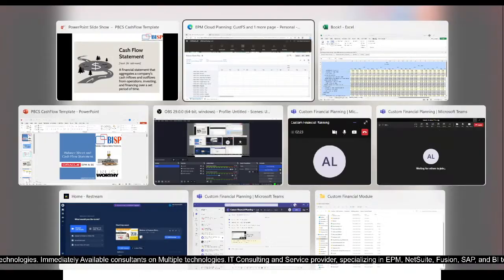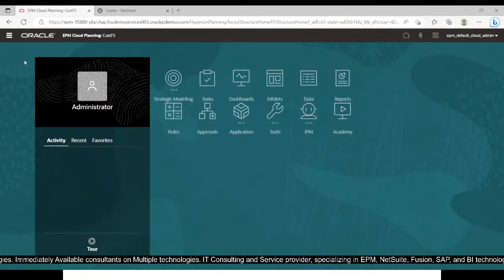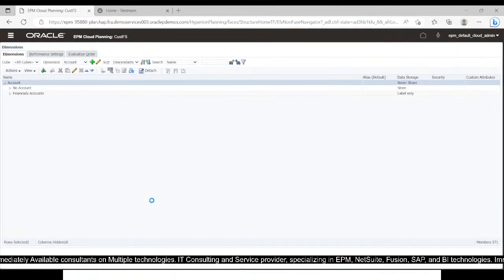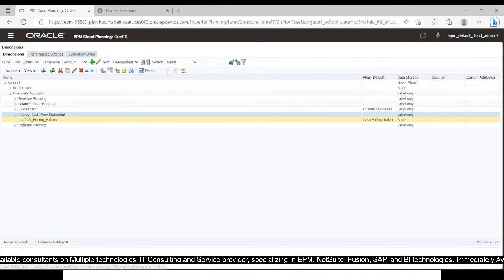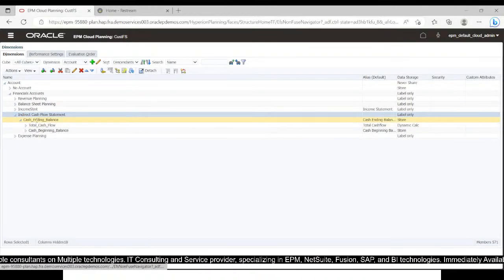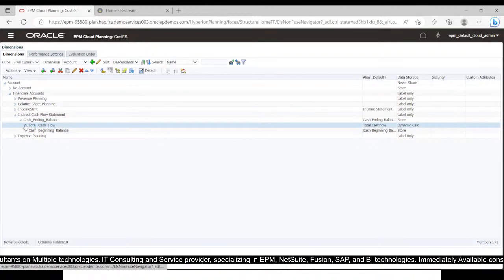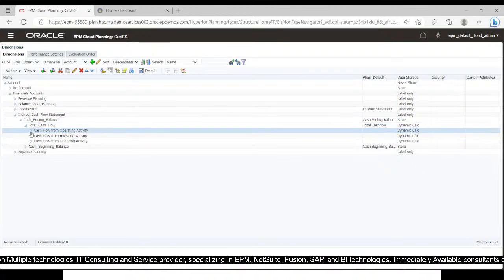Okay, so I will show you the cash flow statement in our application. For that I will again go to Navigator and then, in Dimension, in Create and Manage. Here in Accounts we have the indirect cash flow statement. As I told you, this is the industry standard. Here we have the cash ending balance, then the total cash flow, which is further subcategorized into operating activity, investing activity and